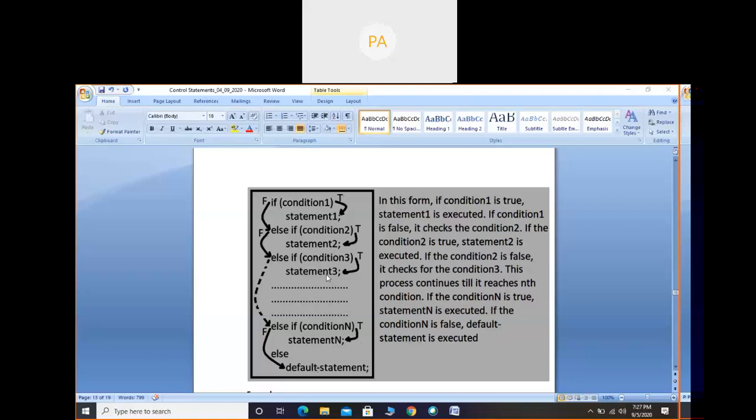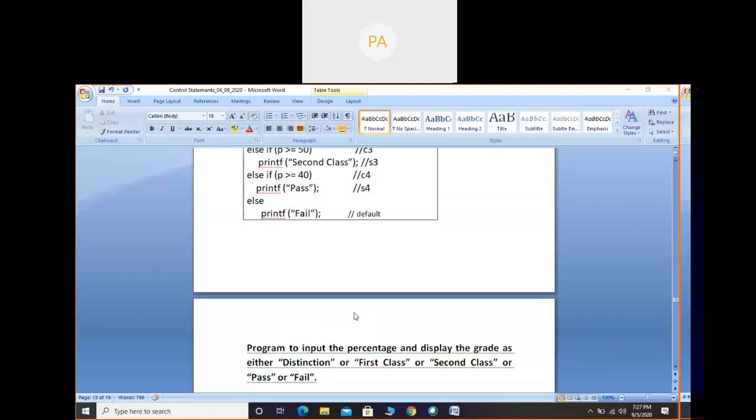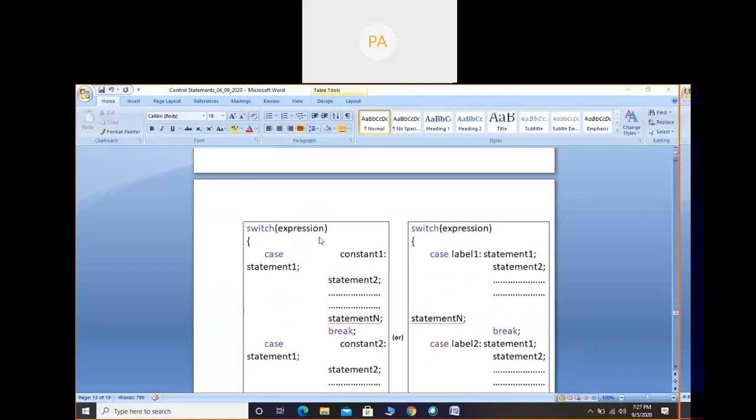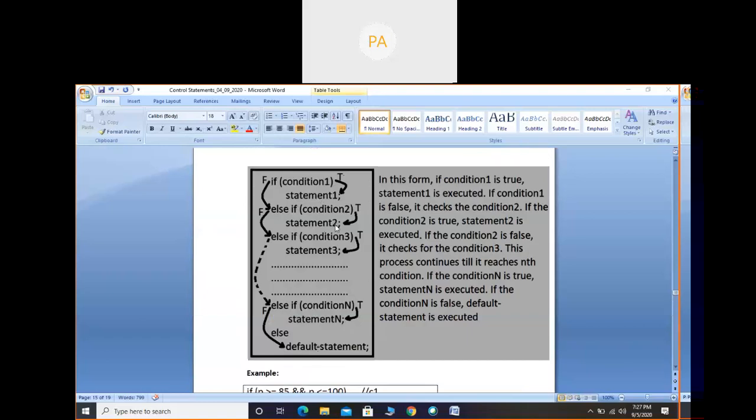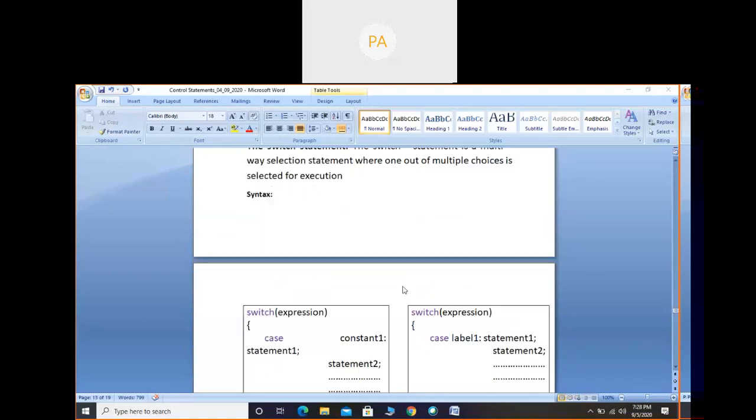In a switch statement, the expression's value is compared with case constants. In an else if ladder, conditions result in true or false. In a switch statement, wherever the expression's value matches the constant value, that particular block will be executed. In an else if ladder, wherever the condition becomes true, that particular block is executed, right? Okay, the third point we will discuss now.